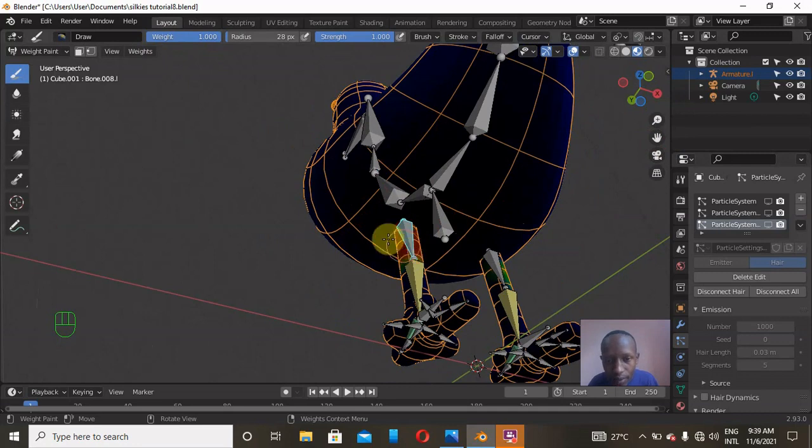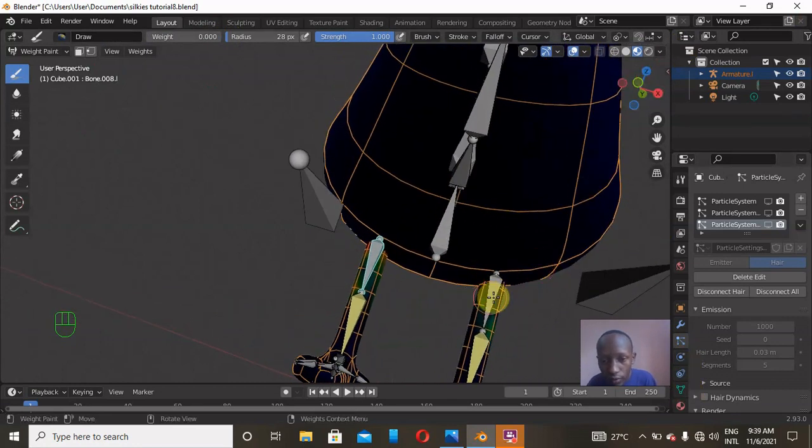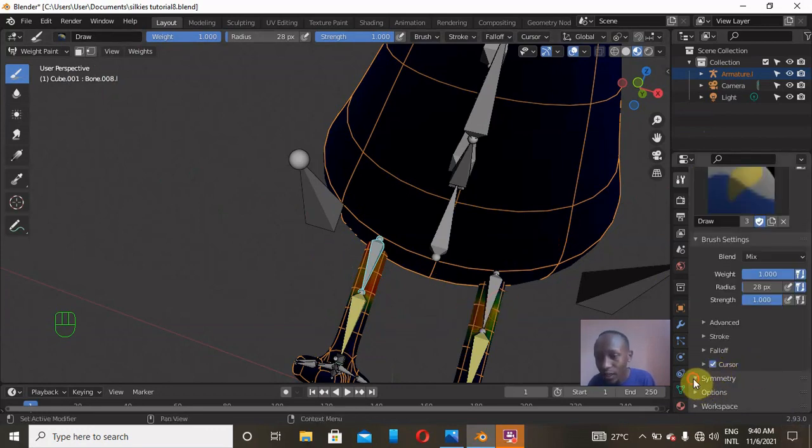Yeah, there, like that. And there's also this place, it's happening in an awkward way. I don't really need that. Okay, yeah, there's an issue here. So I will also have to remove the mirror, so that I don't know if this one affects. Control tab, this one doesn't affect that place. Control tab on this one, and we need a weight of 1. So let me check on the mirror. There's an issue here, it's affecting this part, and I don't really need that to affect that part also.